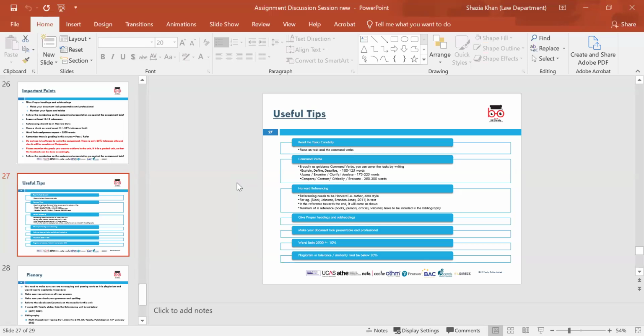For example, Slack, Johnston, Brandon Jones, 2011 in text. In the reference towards the end, it will be shown as the full thing. Minimum of 6 references: books, journals, articles, websites. Give proper headings again, I'll reiterate that. Make sure your document is presentable and professional, and the word count is 2,500 for this task 1 and 2,